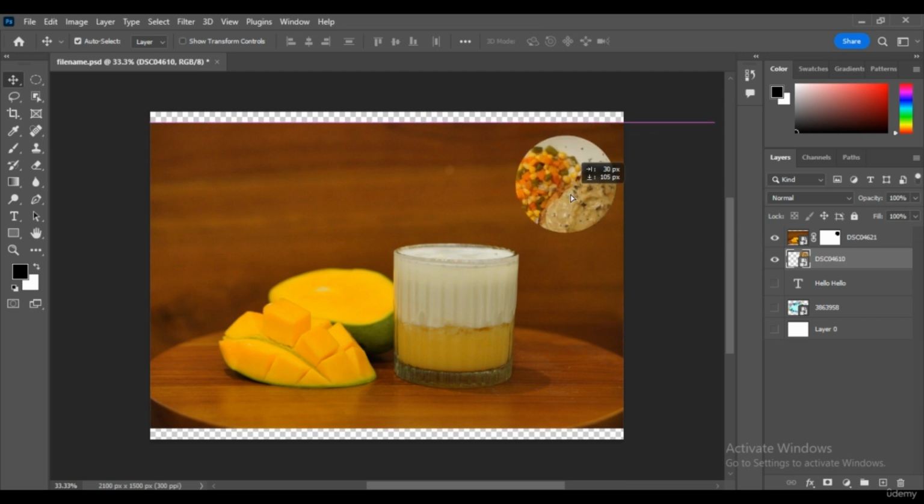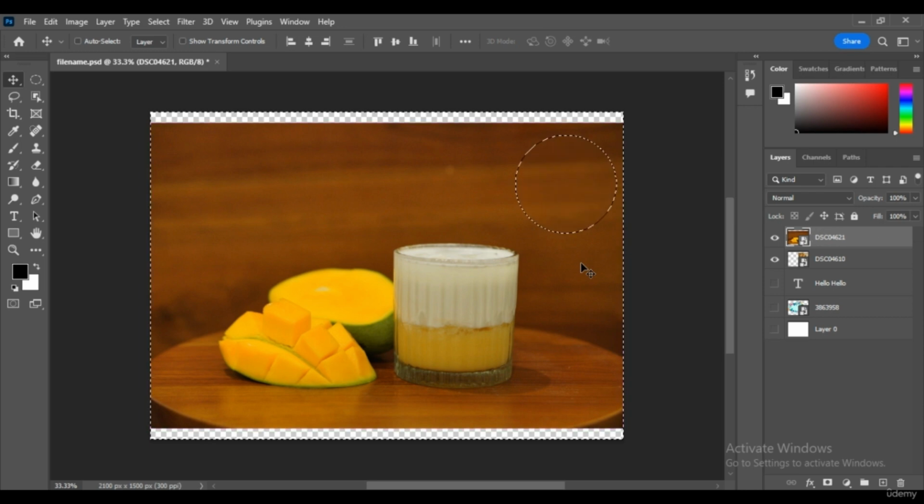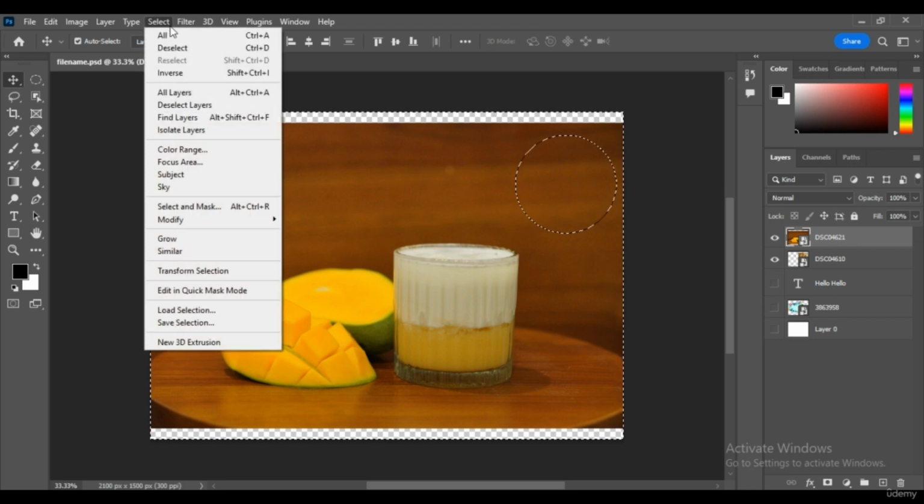You can move and adjust. And if you want to expand or have feather on the edges of the selection, press Ctrl Z to undo until the inverse state, select inverse here.